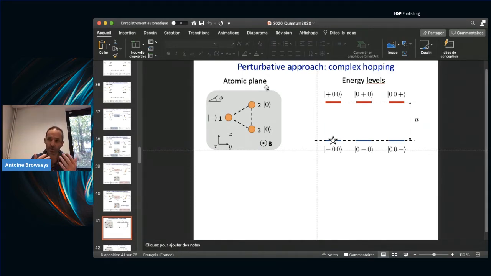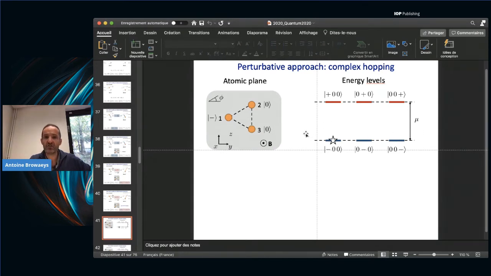And now I will show you that the phase phi, which I have introduced, which so far is arbitrary, is going to have a very defined meaning imposed by the geometry of the particles. So I just put the atoms on a triangle. I will place a minus excitation on atom 1. Atom 2 and atom 3 will be placed in state 0. Let's look at the Rydberg manifold that I can have here.